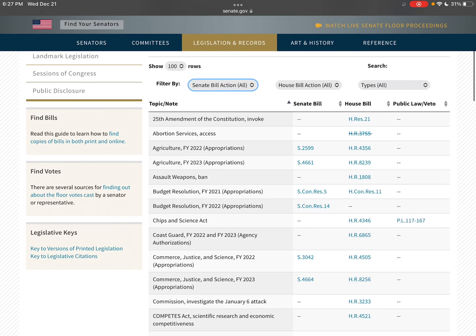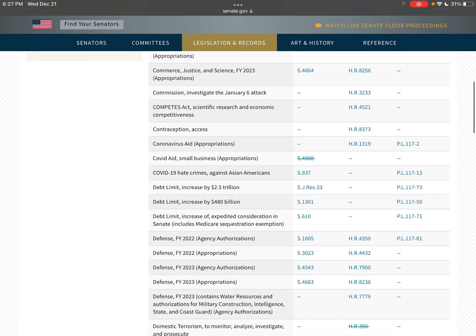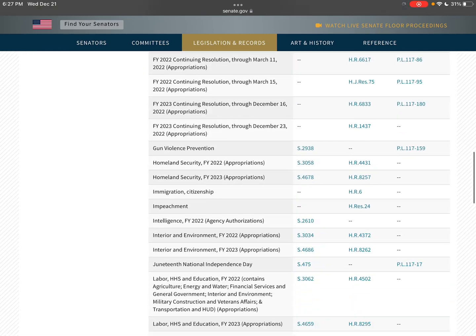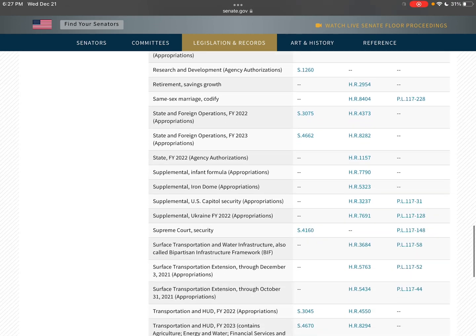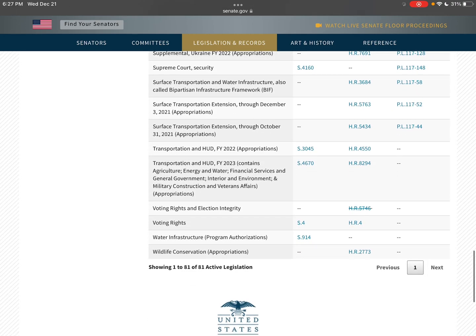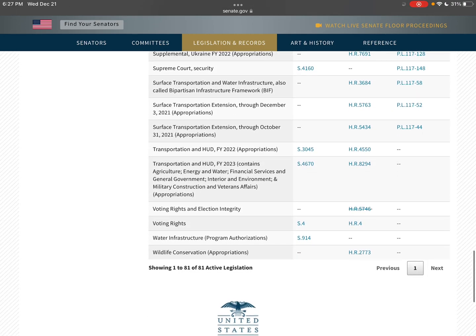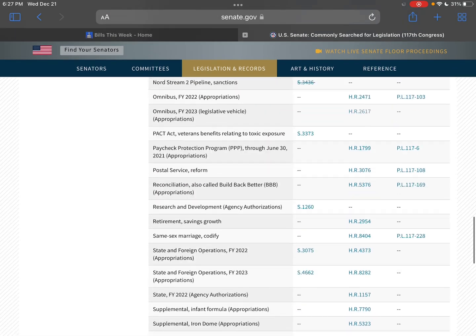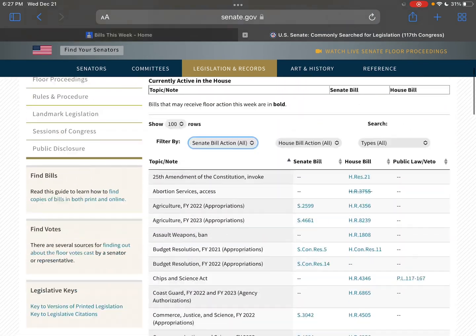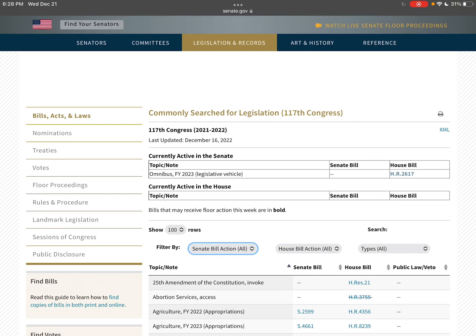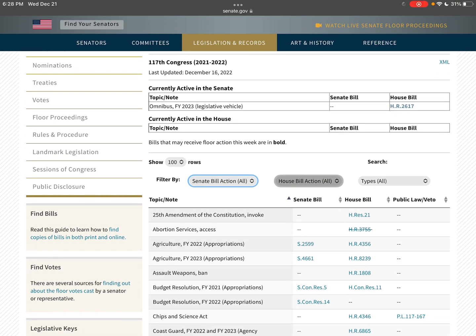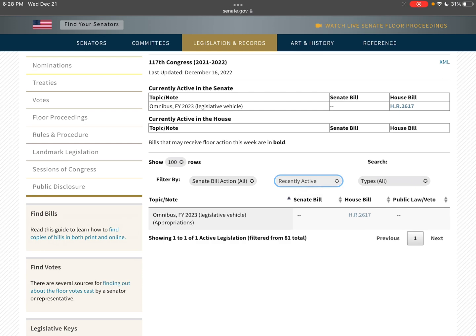It tells you whether it was a Senate bill or a House bill, and then whether it became public law or was vetoed. A lot of them are out in limbo. Some of them passed. You hardly ever see a vetoed law. And there are 81 active legislation pieces currently. And you can filter them by anything,